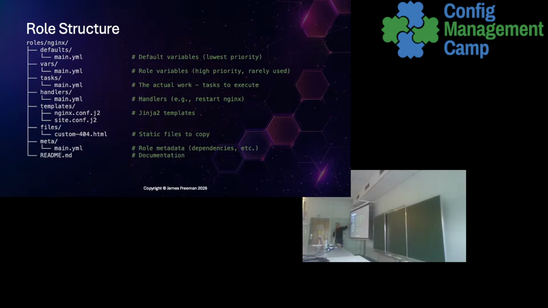Tasks, so the actual things that Ansible is executing on the host, go in tasks. Handlers we'll come to in a minute. Templates are great, you'll use them. Files, fast to deploy. Metadata, we don't need to worry about that, probably, in the beginner space. But basically, this is what a role looks like. And the great thing is, let's say that you write a role, it doesn't need handlers. You can leave that directory out. It won't throw an error. It doesn't care if the directory isn't there, it just assumes it doesn't need it. So Ansible is really forgiving in that way. You don't actually need to be too pedantic, maybe too precise.